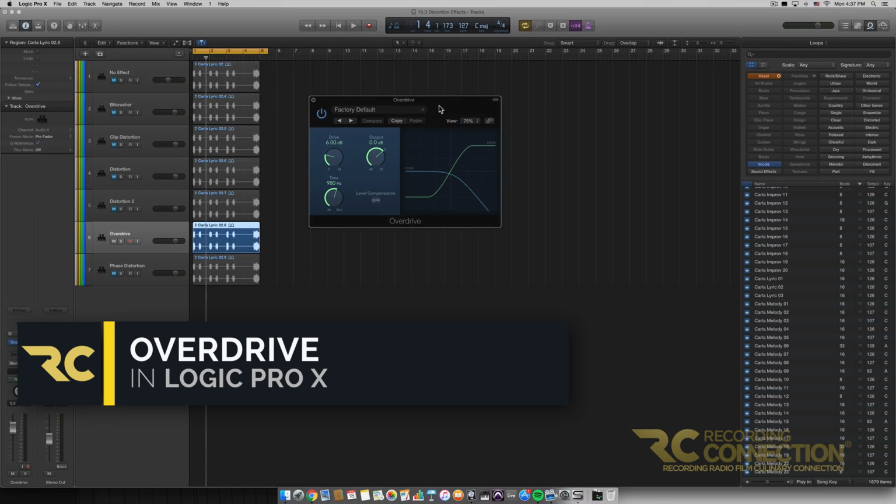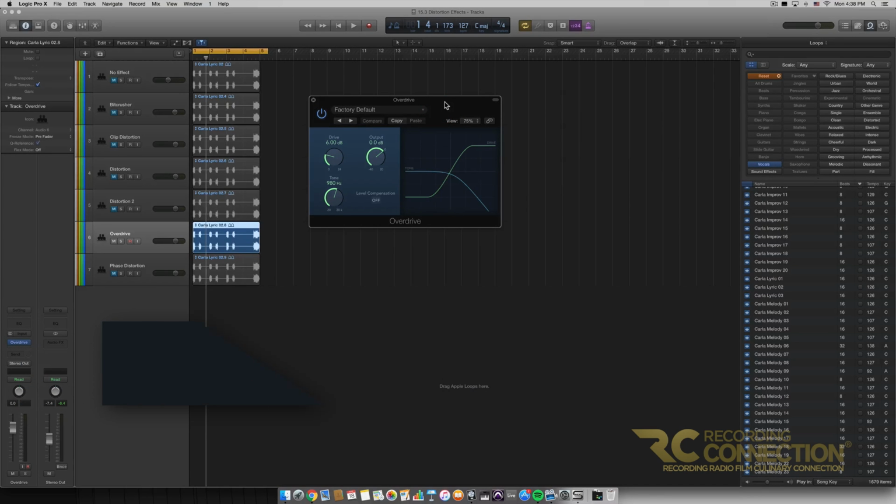overdrive effect next. And we can see when we're looking at the overdrive effect, it looks exactly the same as the distortion effect that we covered earlier, distortion 1. And they may look the same, but they're actually different. The difference being on the back end, though. Overdrive can produce a much smoother sounding distortion, but the parameters work the same as they did on the distortion effect. We have our drive, our tone, our output, and our level compensation, and we get this display here of